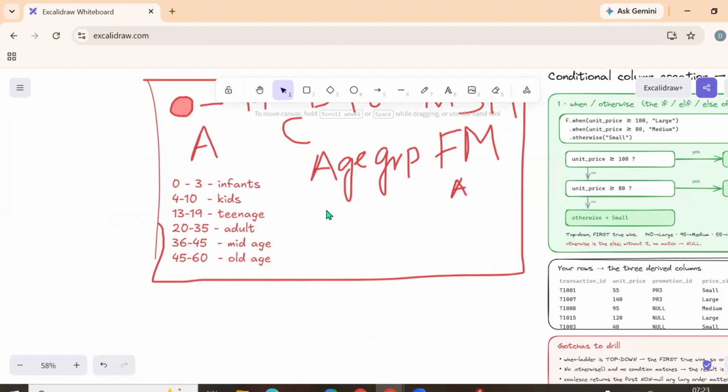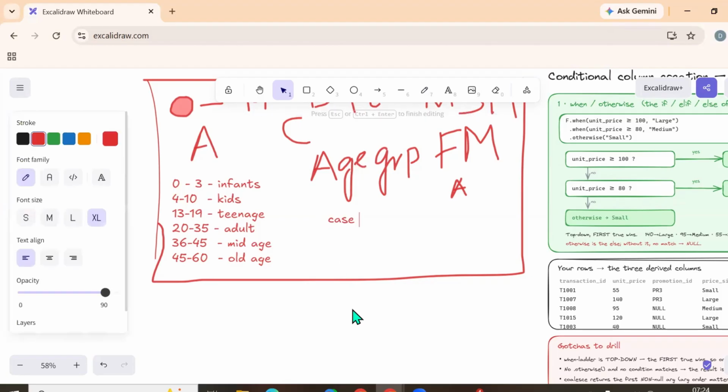In SQL, we write case statements. Case when age is less than or equal to 3, infants. So we use the when condition, case statements. What do we write? Case when column 1 equal to something, then name 1. And again, when column 1 equal to something,